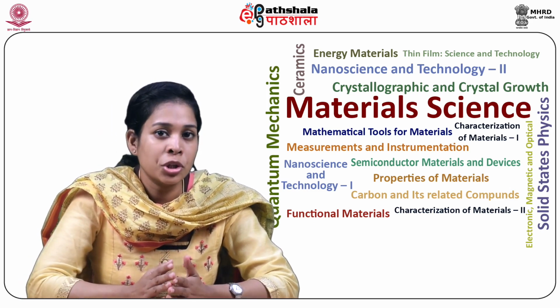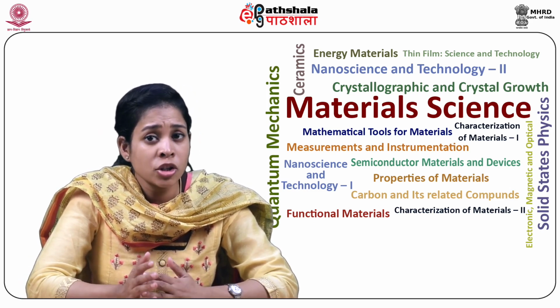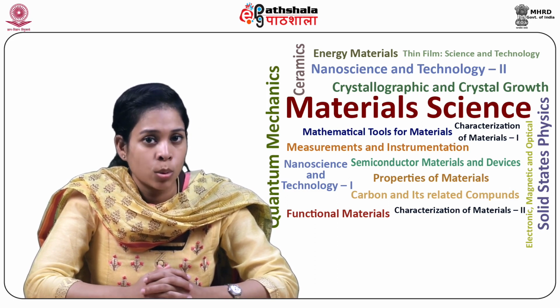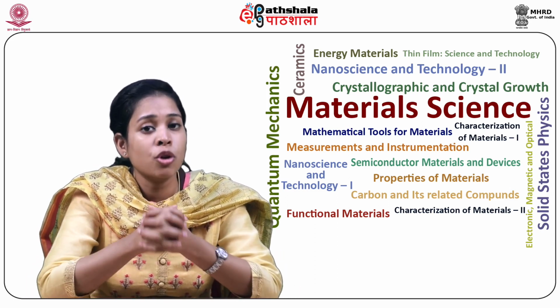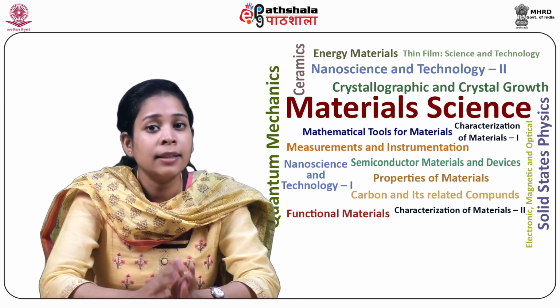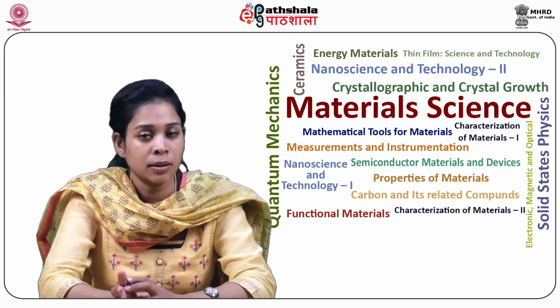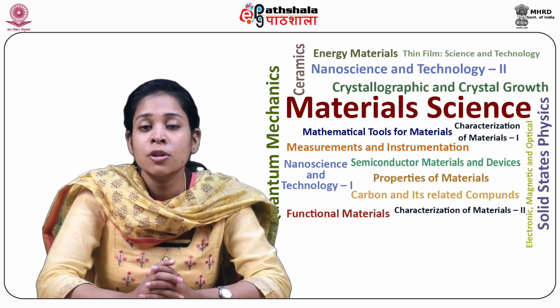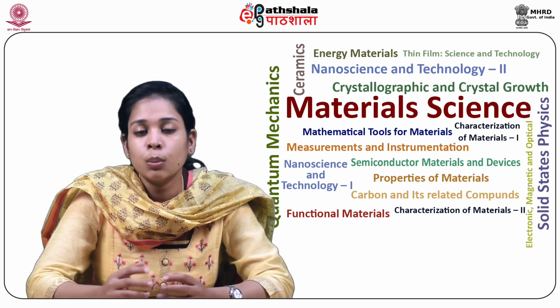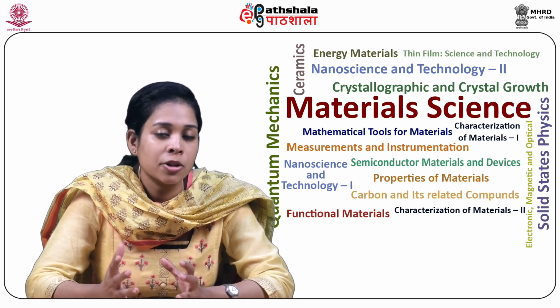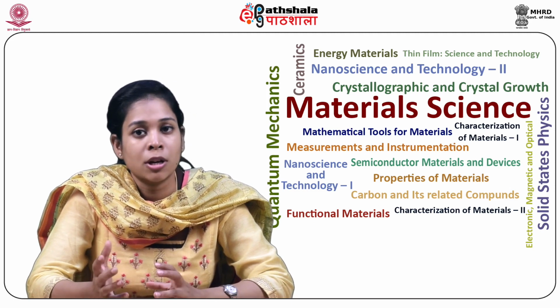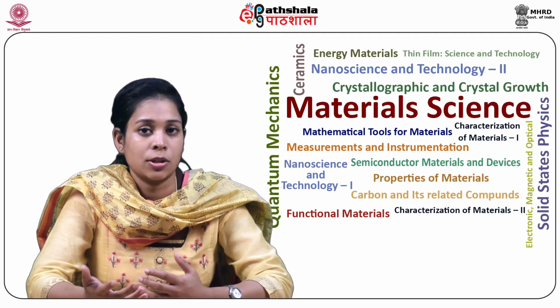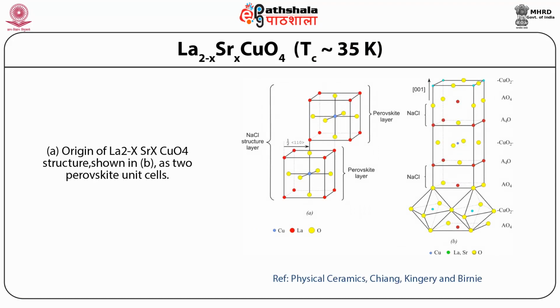So the substitution of lanthanum by strontium results in the compound which is lanthanum strontium copper oxide, and turns it into a superconductor with a critical temperature of 35 Kelvin. So students, you can see that with doping how the structure changes, and with change in structure how the properties change. Now let us see the structure of lanthanum strontium copper oxide, that is